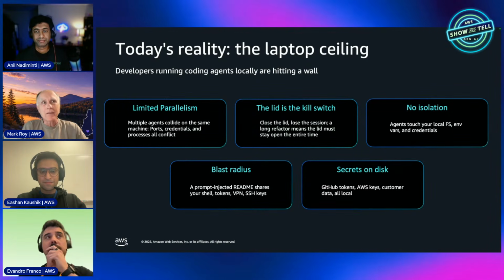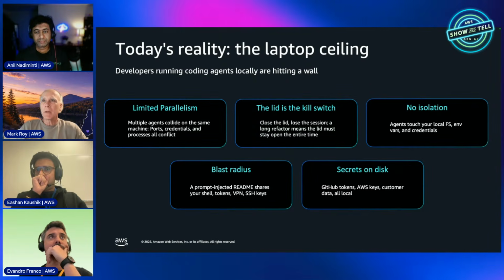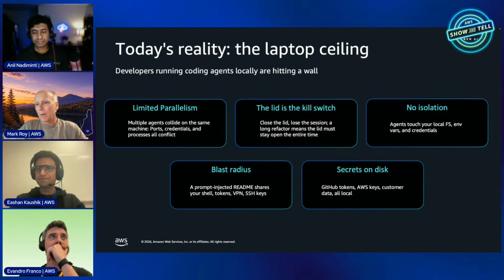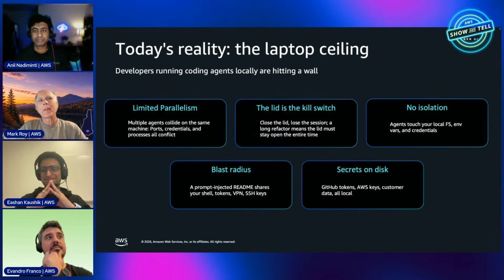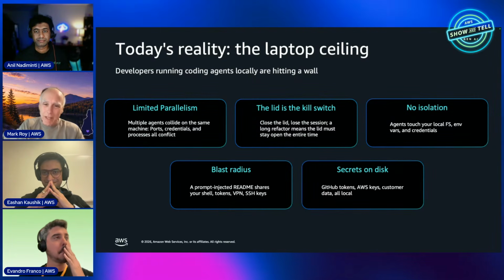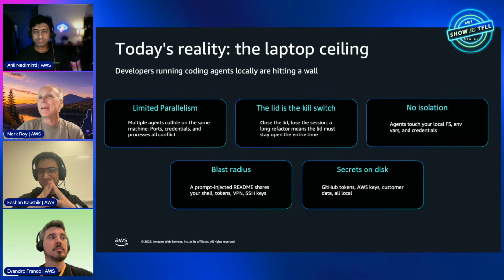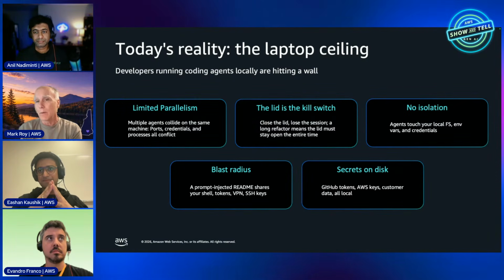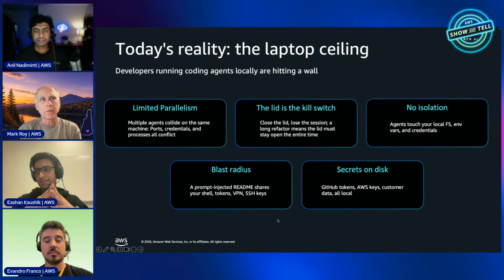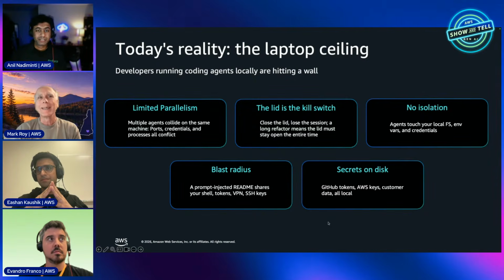Likewise, limiting the blast radius. Bad things happen, so you want to make sure that when they do, the damage is not very great. And then lastly, hey, there's a lot of credentials lying around on your laptop. And the more access you give to those agents to different tools, different environments, the more damage can be done as well. So while we love coding agents, there's a big push to try to get all of these things